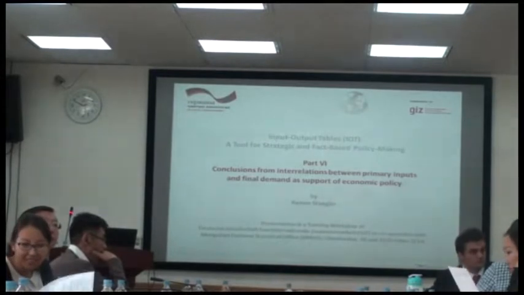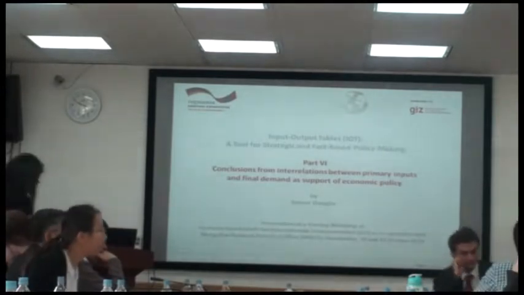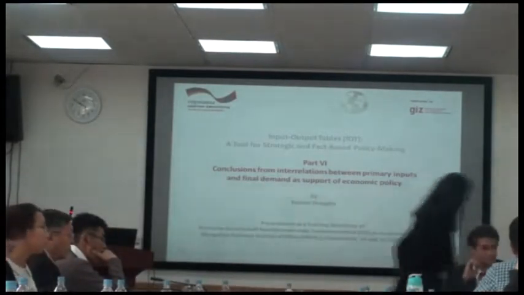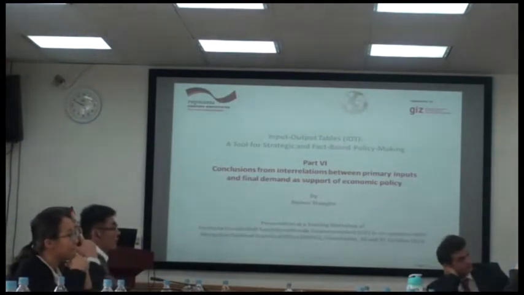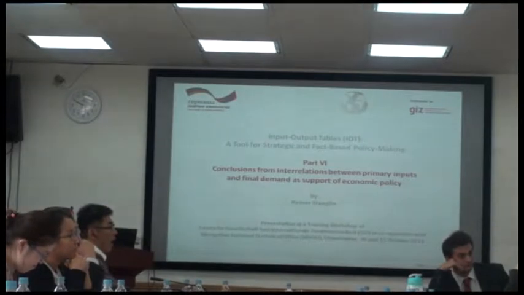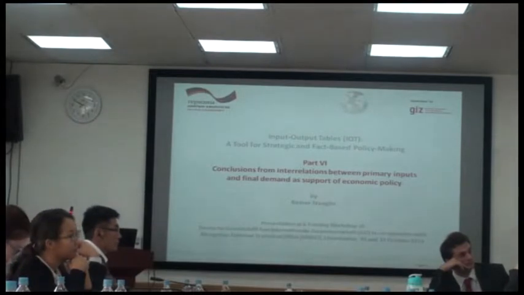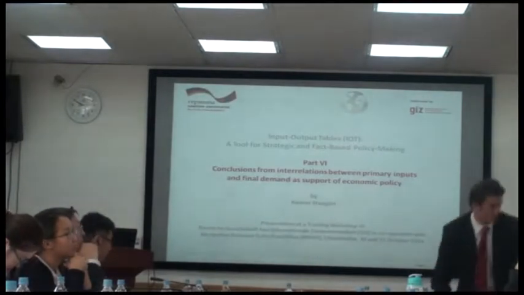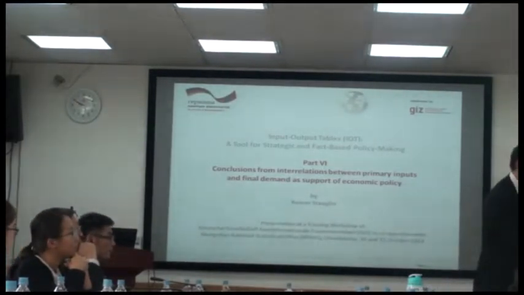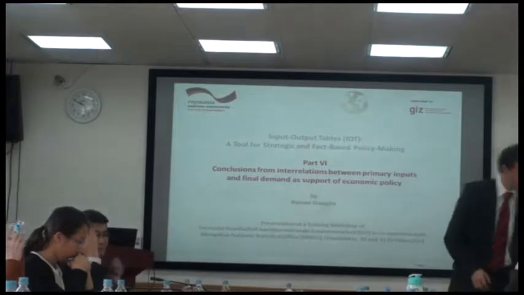So we have seen so far two different approaches. First, we have made the multiplication inverse multiplied by final demand. That means if we have in mind our transaction matrix, a combination of this one to gross output. The second, what we have just done, was we have multiplied AP by C.